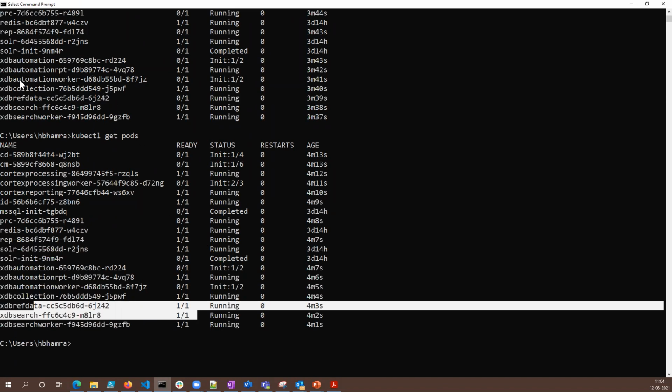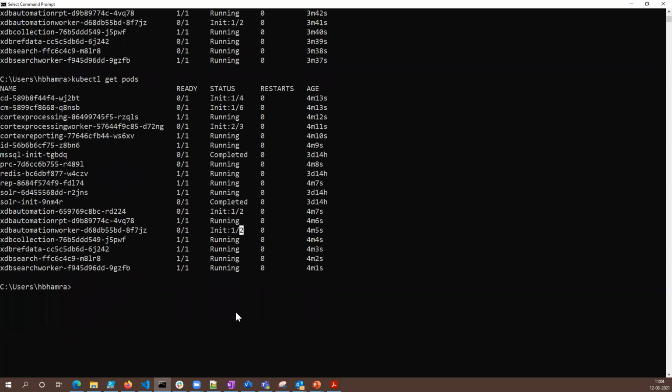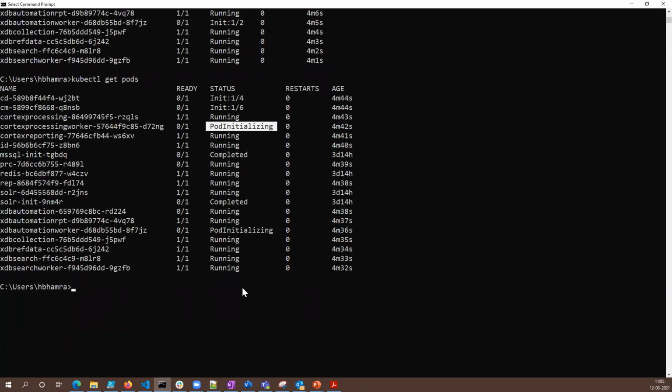In similar fashion, let's see what the status of the other ones is. The XDB automation worker container was not running. It is still in the initialization phase, which is okay. It doesn't take a lot of time. The pod is initializing, which is nice. Similarly, this pod is initializing, which is nice.